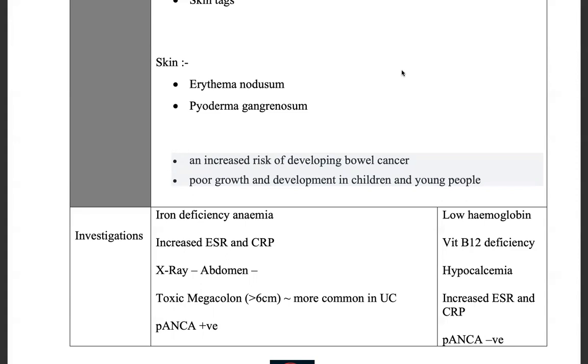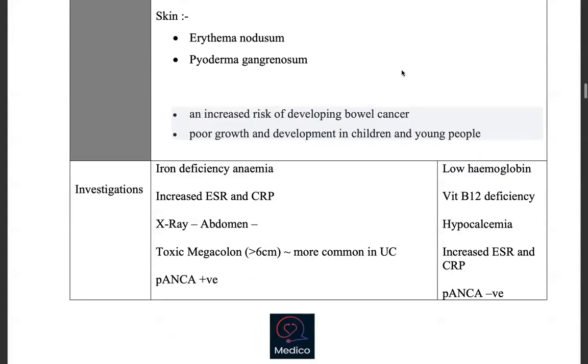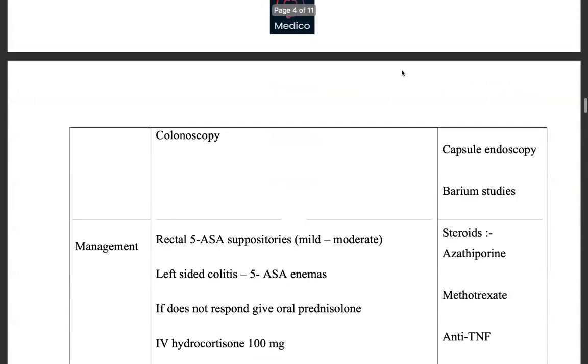And also there's an antibody called P-ANCA. It is positive in ulcerative colitis, whereas it is negative in Crohn's disease. So you can also observe the bowel using colonoscopy. You can do a colonoscopy, or you can do methods like capsule endoscopy or barium studies. So when it comes to the management,